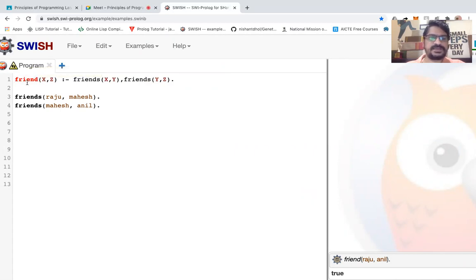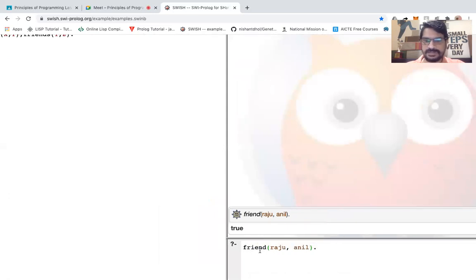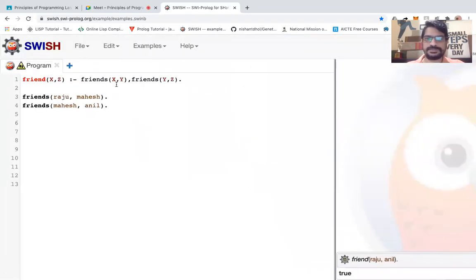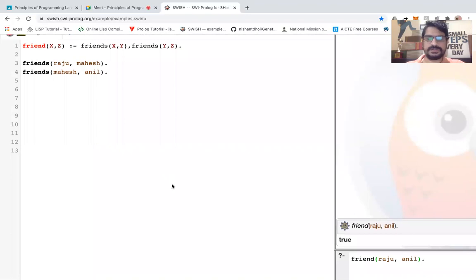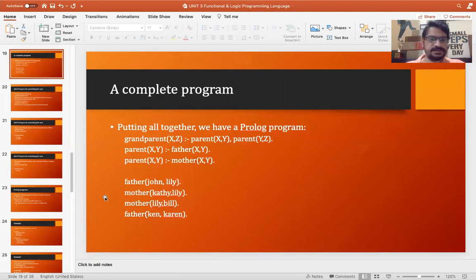If I say X is a friend of Z, then X should be a friend of Y and Y should be a friend of Z. And I have defined that Raju is a friend of Mahesh and Mahesh is a friend of Anil. So if I ask the system whether Raju is a friend of Anil, it will give me true, based on my logic. Getting it? Okay, so I think you understood some of the functionality of Prolog. You can do some practice in that.